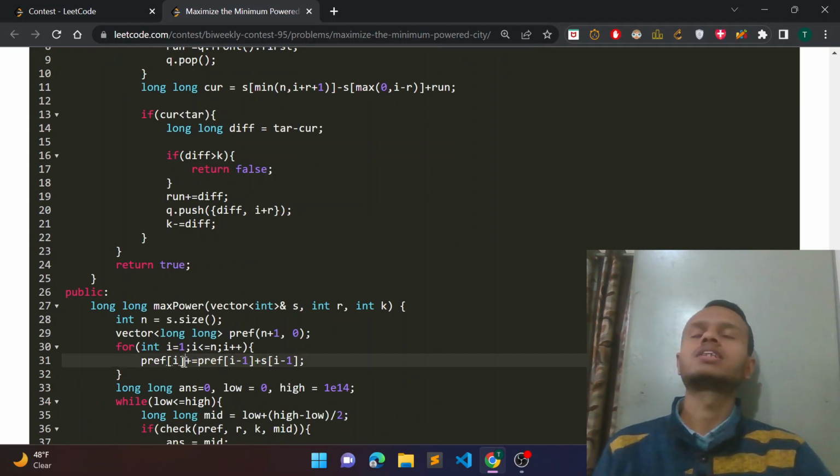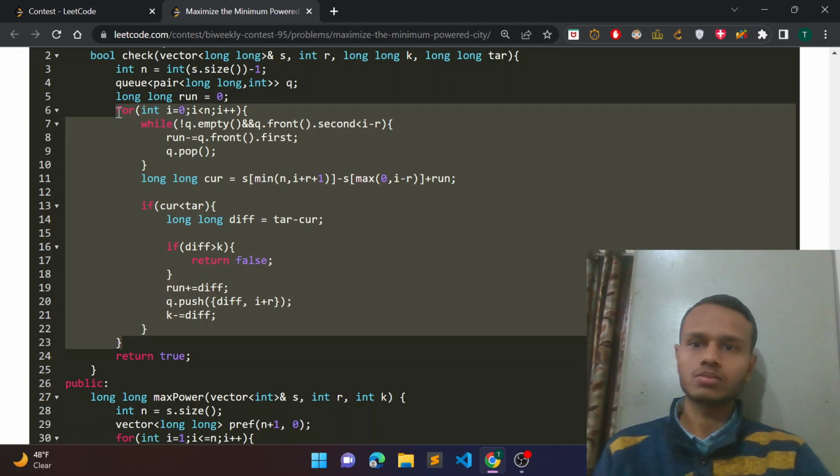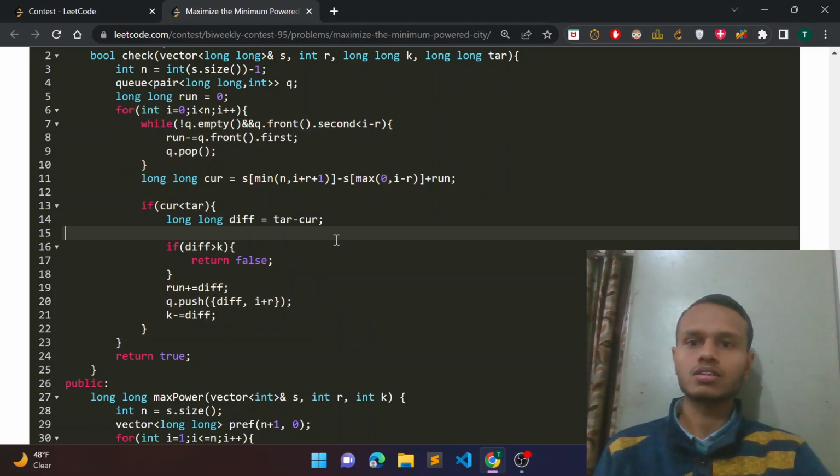For that I was thinking of using a segment tree or a Fenwick tree to get the range sums in log n time and also be able to modify a particular element in that tree. But I think in Leetcode, n log n square time complexity always gives me a TLE. So I thought of this solution where I am having a queue